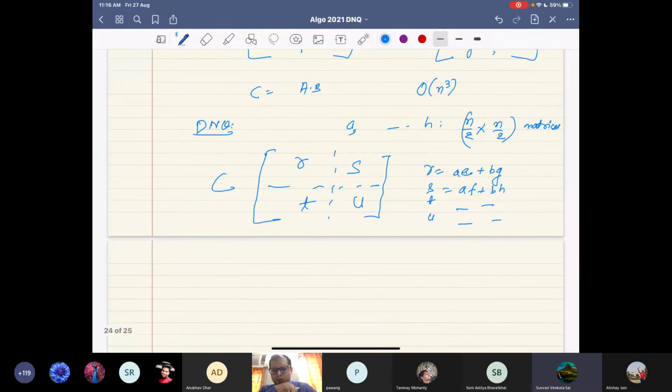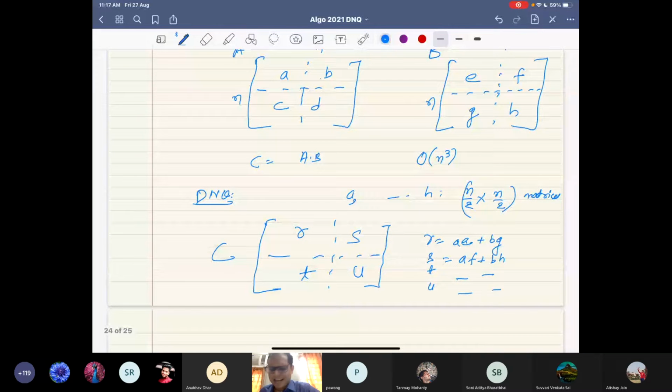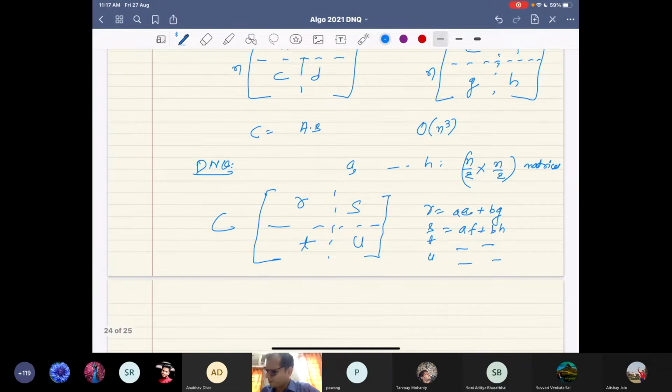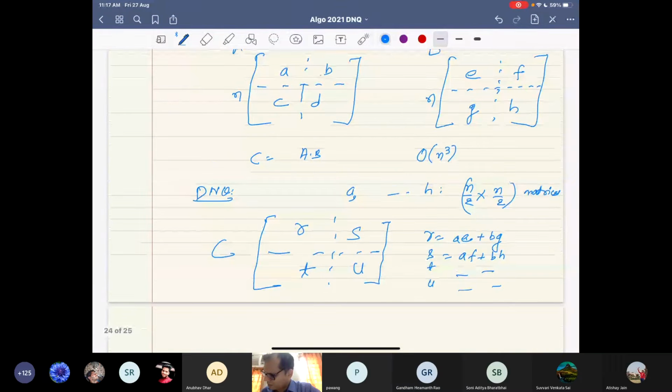If you do that, sir, is this valid only for n equal to even? Because if it is not even, then we cannot multiply matrices directly. Right, I think certain assumptions will need to be taken there. Maybe you will have to add some dummy zeros to ensure that this happens. Okay, so you can. Sir, how is R equal to AE plus BG? Why is that not